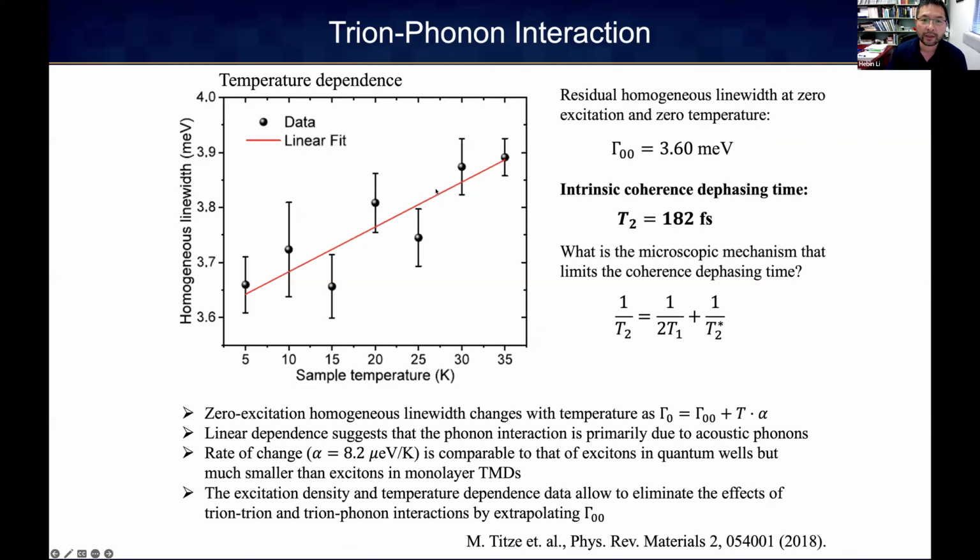this sample. And it turns out that the linewidth is quite broad, and that corresponds to a decoherence time of about 200 femtoseconds, which is really, really fast. Now, if you think about this, the T1 time for this sample is about at the picosecond scale. So this decoherence time is much shorter than the population lifetime, which tells you some important information about the decoherence processes in